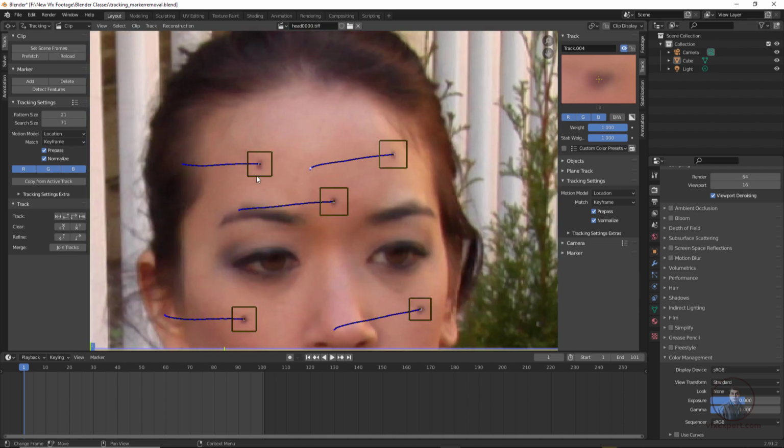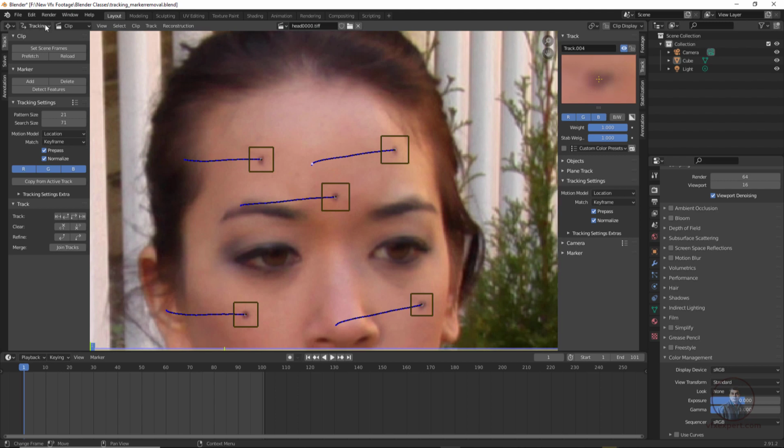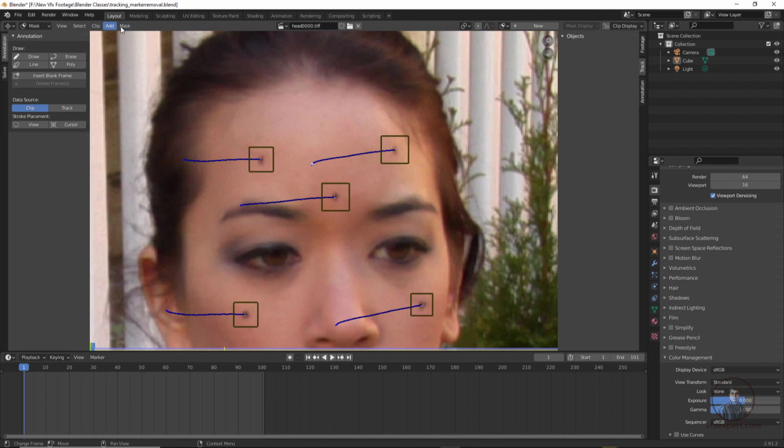Here I am going to explain. Because this is a circular marker, I am going to create a circle mask. So in our tracking, first we have to switch to this mask option because we have to create shapes here. Then click here. Upside you will see this Add option, then click here. From here you can create a circle or square. Just click it. While you click here, this will create a circle shape.